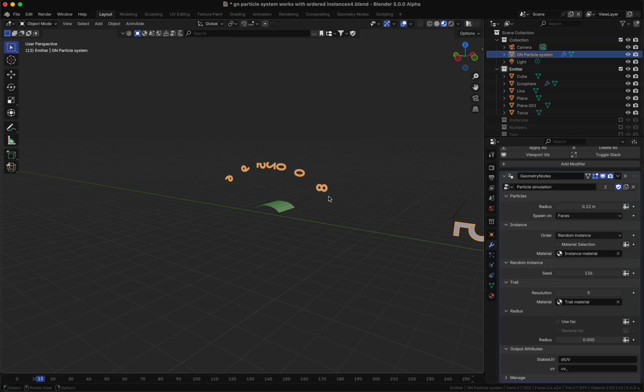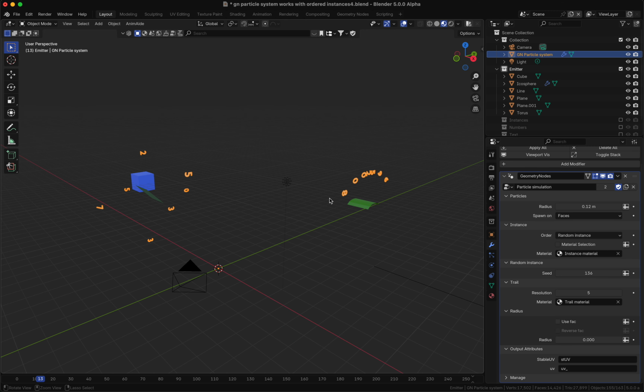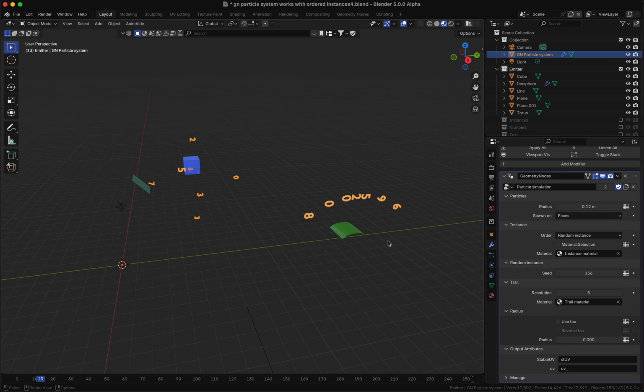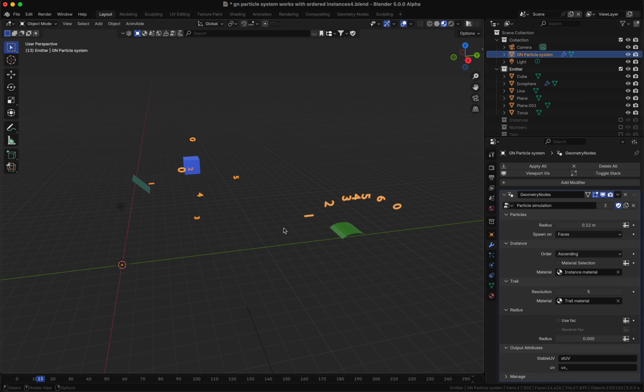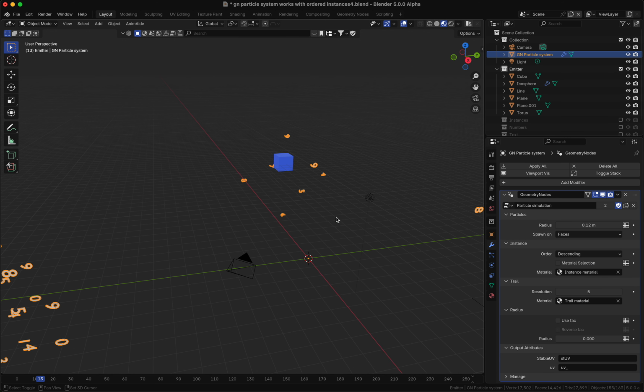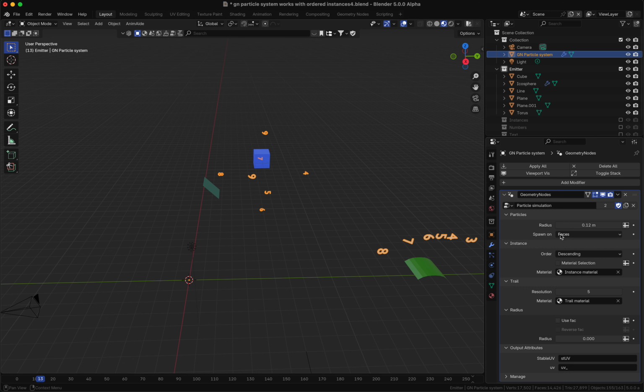And you can choose, I have here numbers as instances, and you can choose how they will be ordered. Here's now random instances, and you can change the speed. But you can also have ascending, and you see here 1, 2, 3, 4, 5, 6. And you can choose descending. And you can also